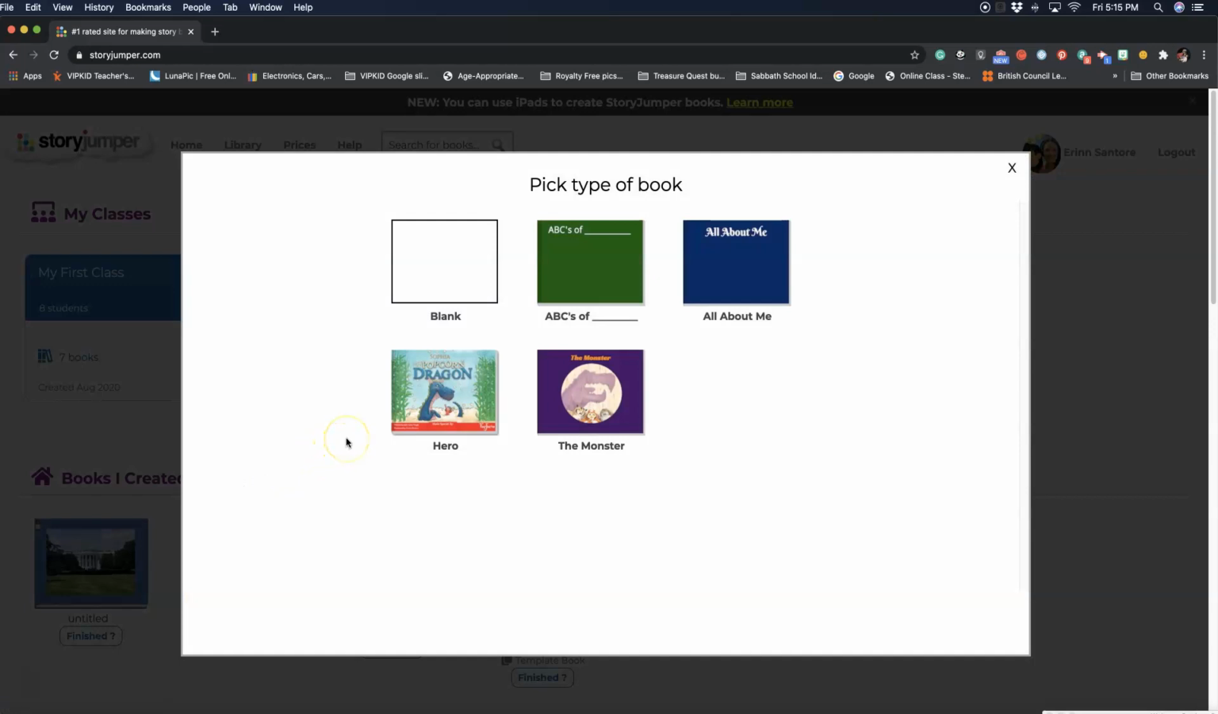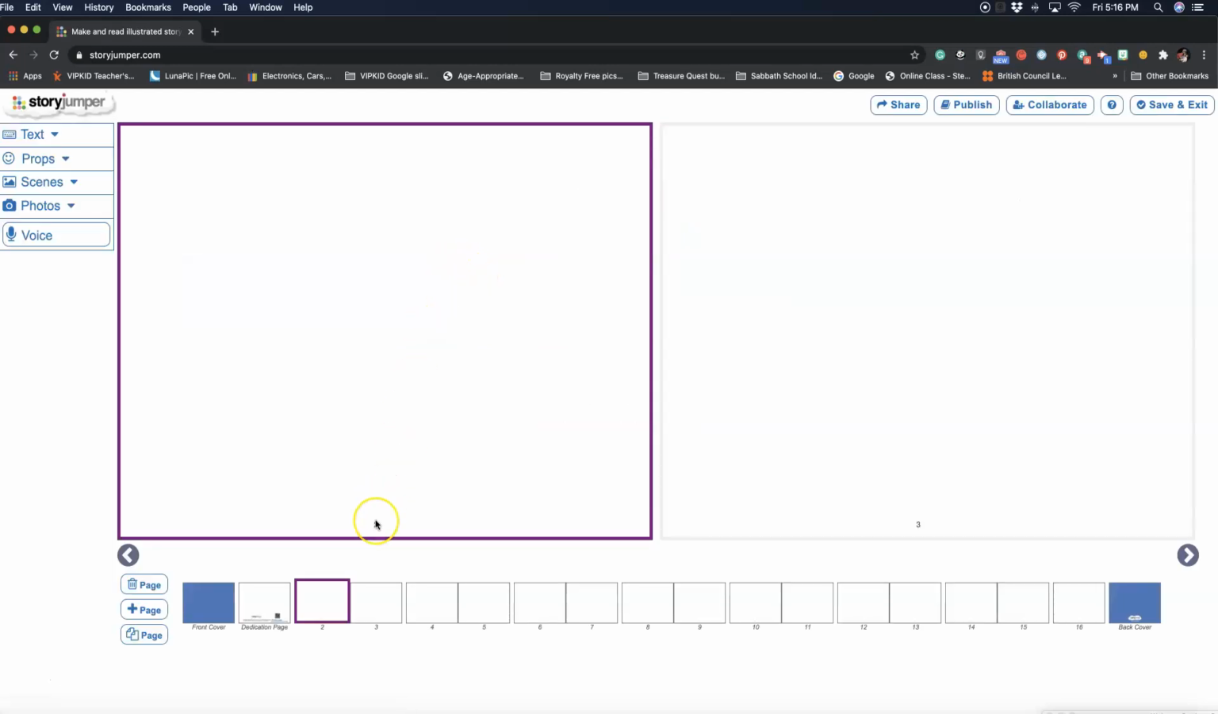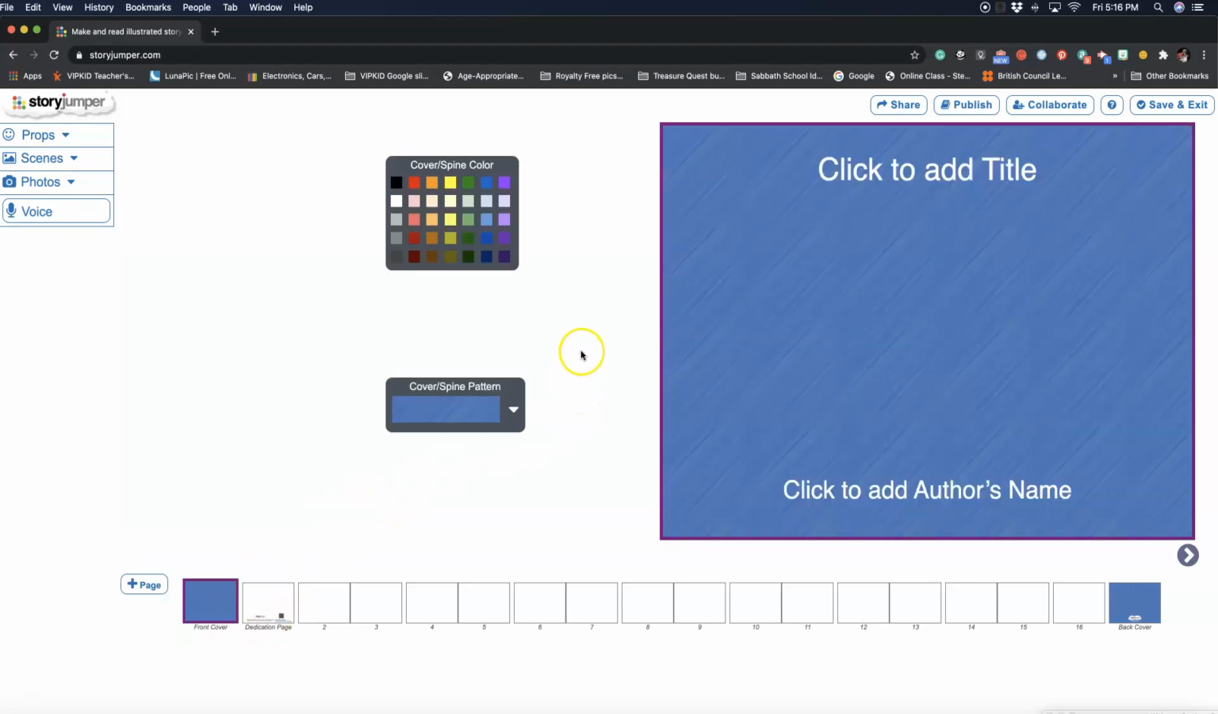It may not look the exact same on yours, but look for where it says create book. And you have different options here, but we're just going to pick a blank one. Okay, this is your front cover. You can leave it this way. You can click on it, type in a title if you would like, and then make sure you add your